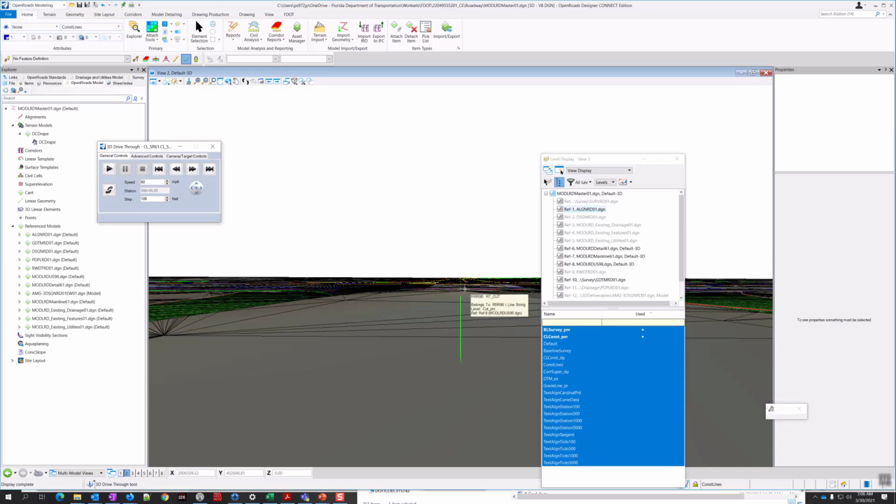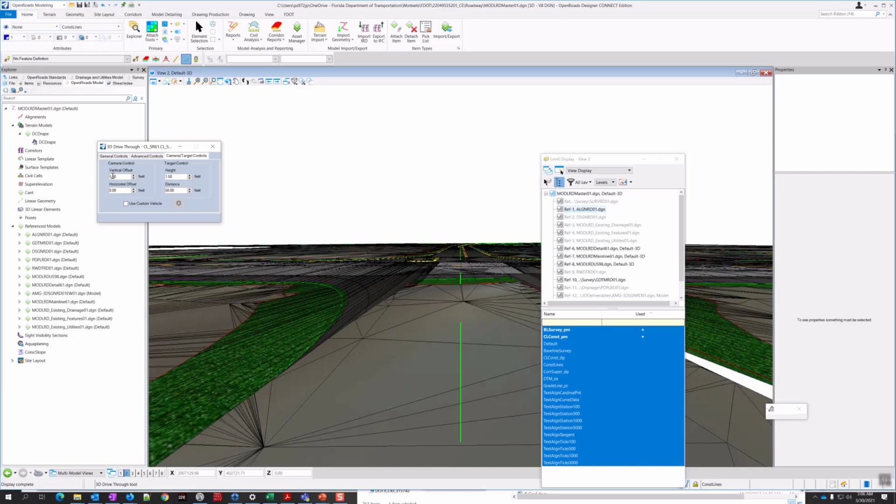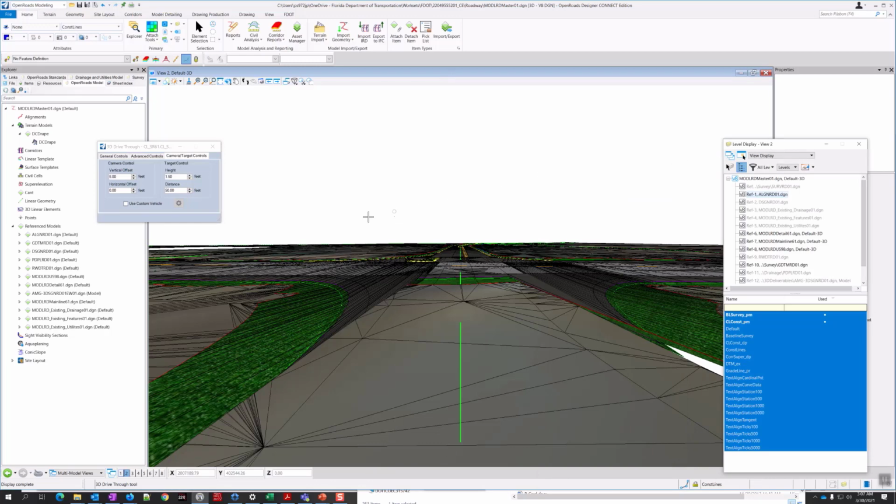And we can tweak the angles a little bit. So what we're going to do is go over here to camera/target controls. We're going to give it a vertical offset of 12 feet. I mean, you could say, oh, well, driver height is lower than that. You can give it offset or whatever you want. Whatever looks good, really.